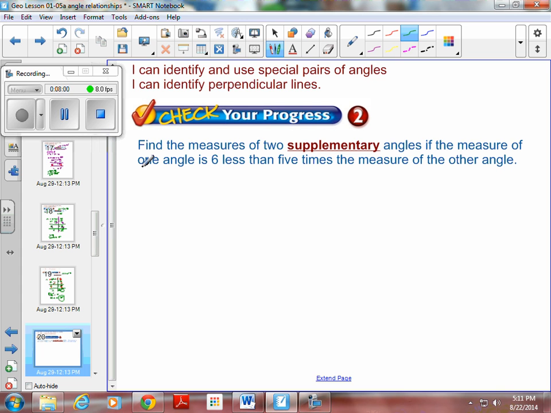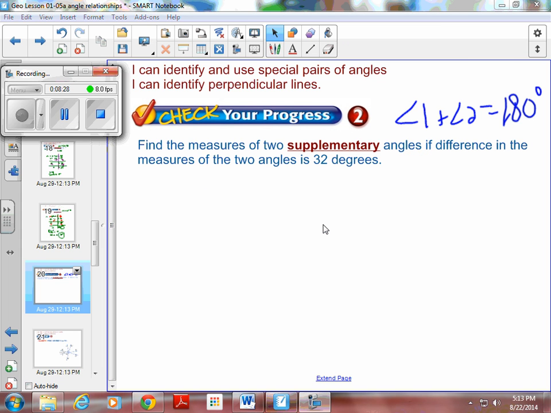Okay, one more on your own. Pause it, come back when you're ready, and check your answer. Okay, the measures of the two angles are supplementary, so angle 1 plus angle 2 equals 180 when you add the two angles together. If the measure of one angle is 6 less than 5 times the measure of the other, okay, this is better. So if the difference in the measures of the two angles is 32 degrees, so that